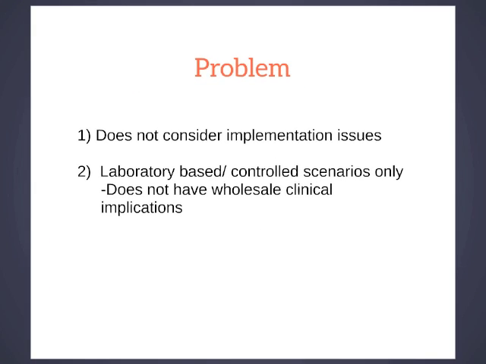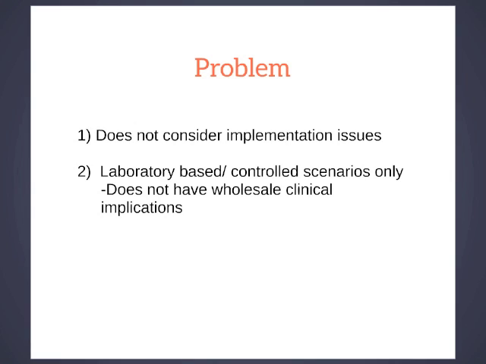This model was great, however it had several downfalls. The Van Mechelen model does not address implementation issues. Laboratory success does not necessarily mean clinical success. Researchers often control for variables, however you cannot control for all those variables during wholesale implementation. A prevention program could be the best out there, however if the athletes, coaches, or administrators do not comply, then